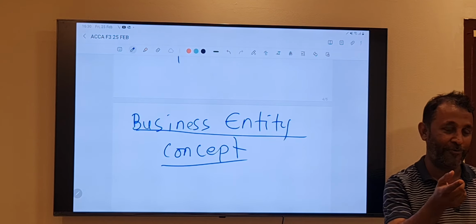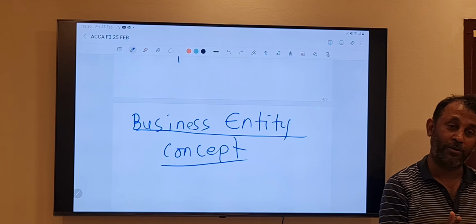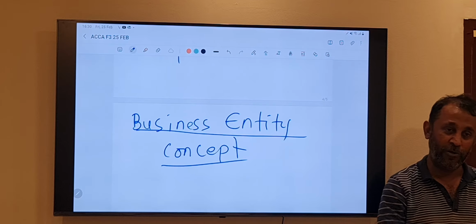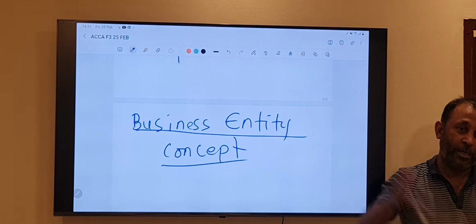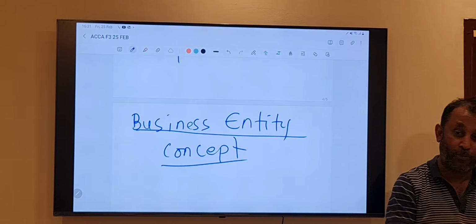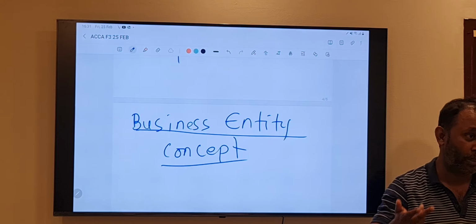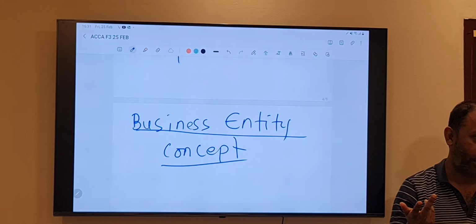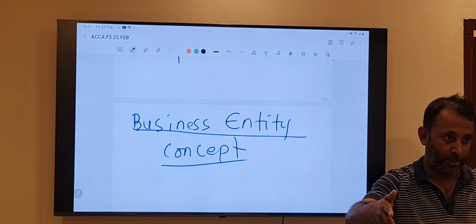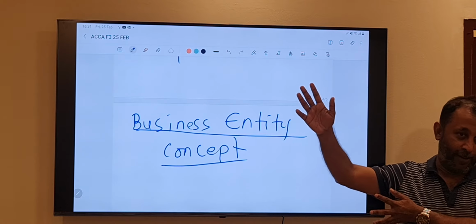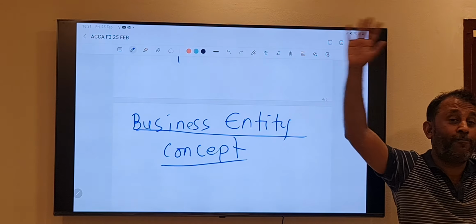From a family point of view, you come to work at 8 o'clock in the morning and go home at, let's say, 5 or 6 p.m. when you finish work. Will you carry forward all the problems of the business home and continue them with your family? If you do that, what will happen? In 1 or 2 months, you will end up in divorce. Right or not? So your business matters, you finish within the business time. You go home, that's a separate life. So the owner and the business are two different personalities.